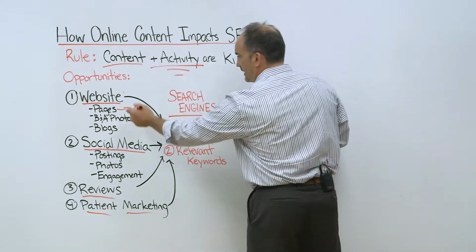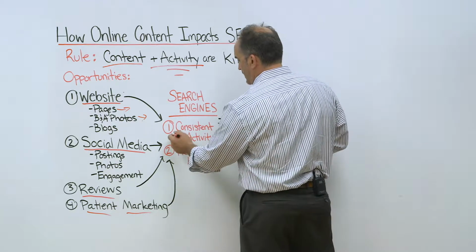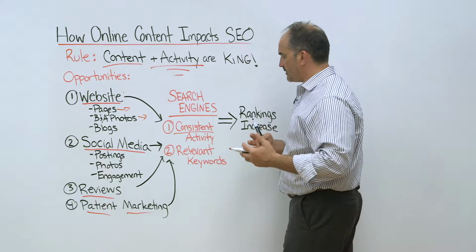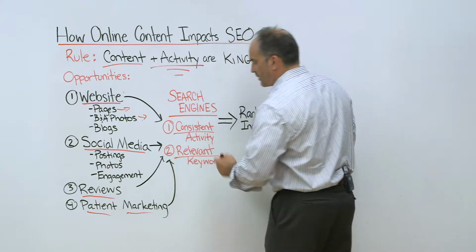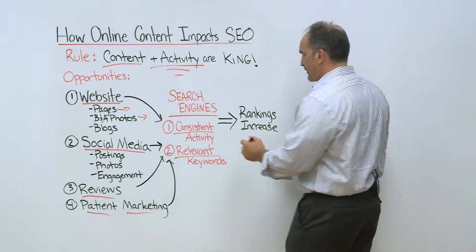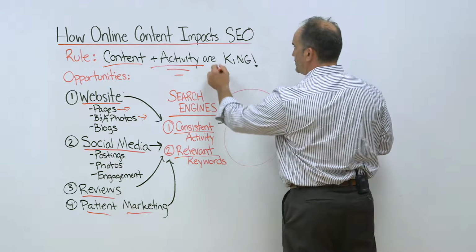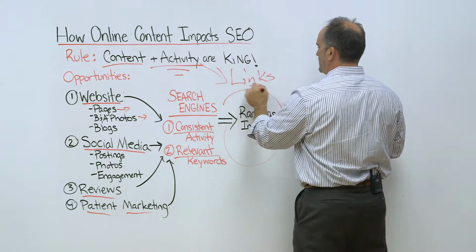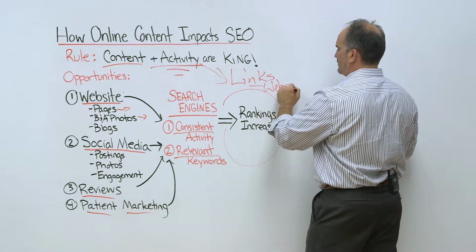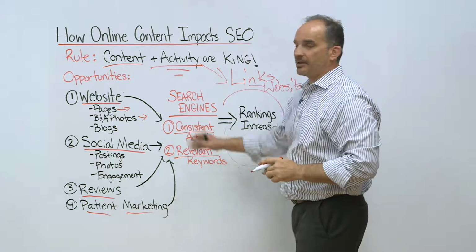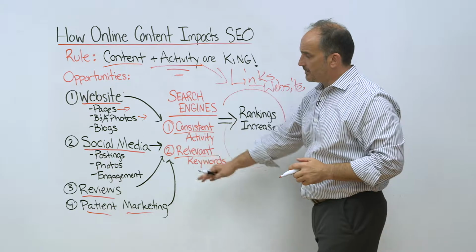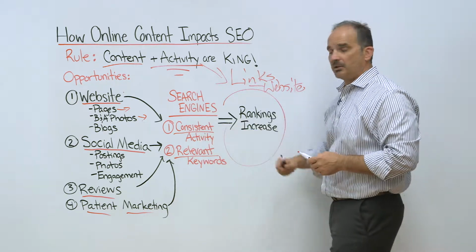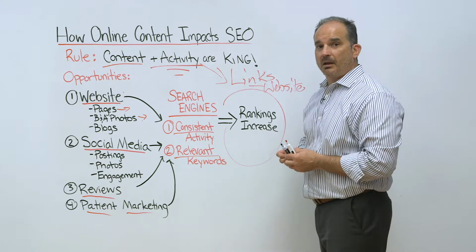Ultimately, doing these four things in a consistent way shows activity surrounding the domain. Always use relevant keywords, okay? And ultimately what you want to do is create links, all right, back to the website from these different areas of content. And I guarantee you, you do all of this a couple times a month across these different channels, your rankings are going to start going up nearly immediately.